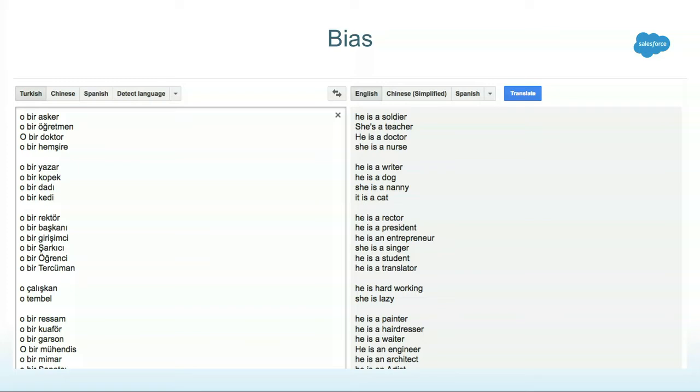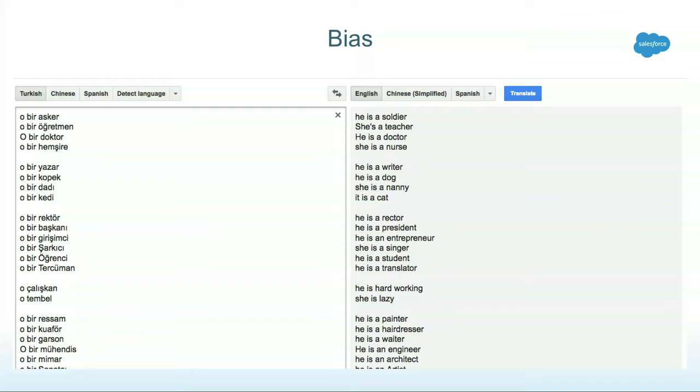Another reason is bias. So machine learning software is trained on some data, and this data is produced by some humans in some kind of form. And there's always some bias when humans are involved. So even though machine learning is all about math and formulas, this bias gets picked up.